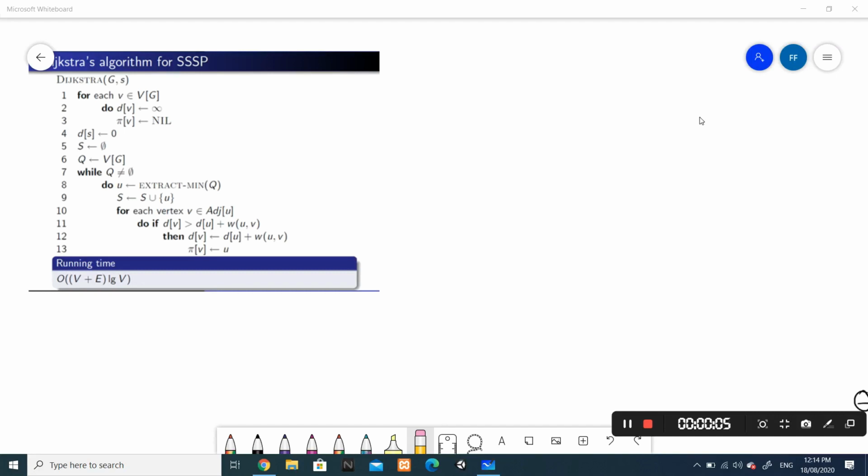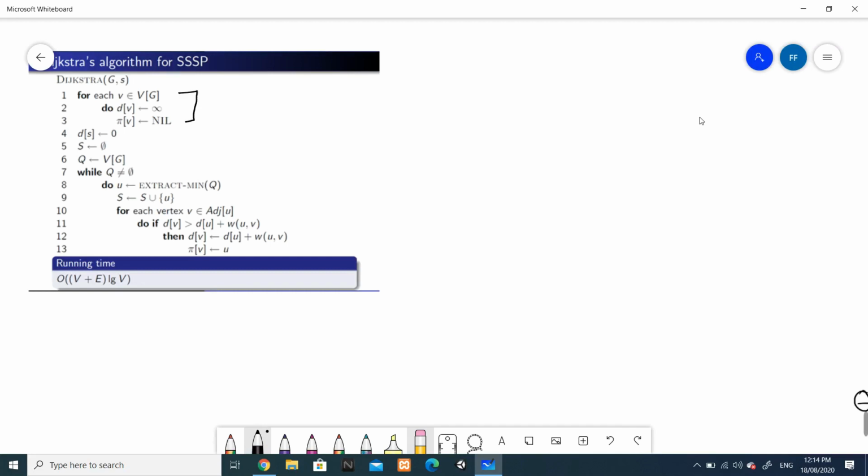Now we'll go for the time complexity of Dijkstra's algorithm. For each V belonging to the adjacency list or matrix, we have to run the loop order of V times. Here V is the number of vertices or nodes, and we are enqueuing all the vertices in the queue. It will be order of V also. For the while loop, we'll run it for all the nodes, so overall the while loop will be order of V.